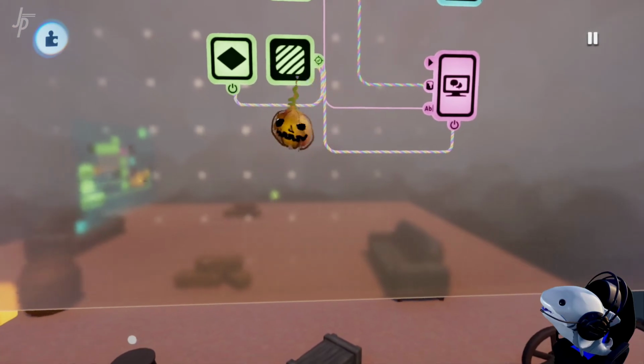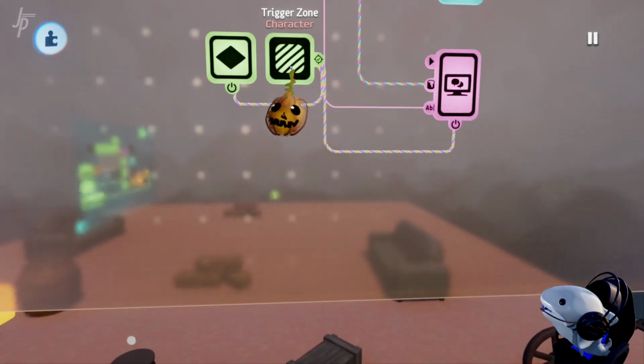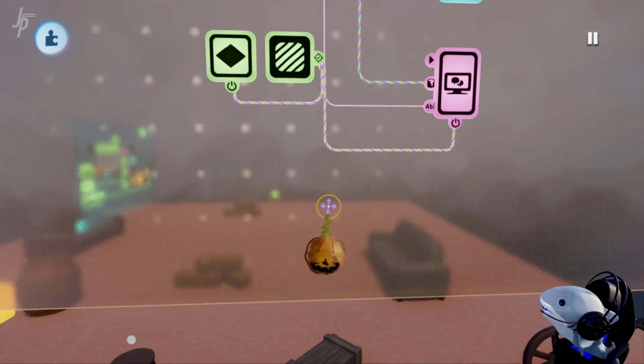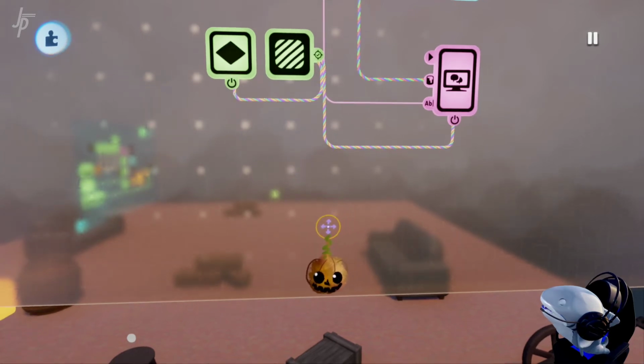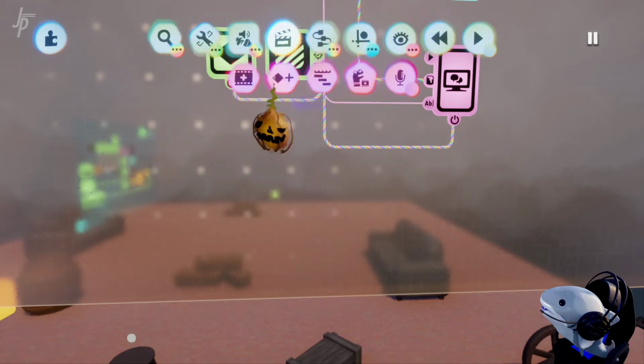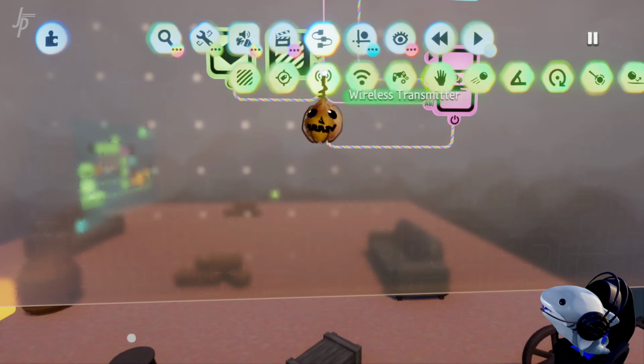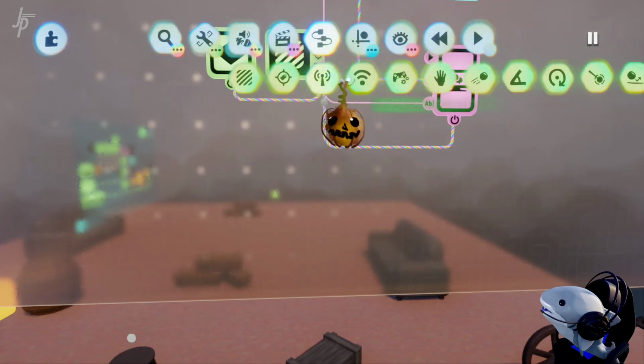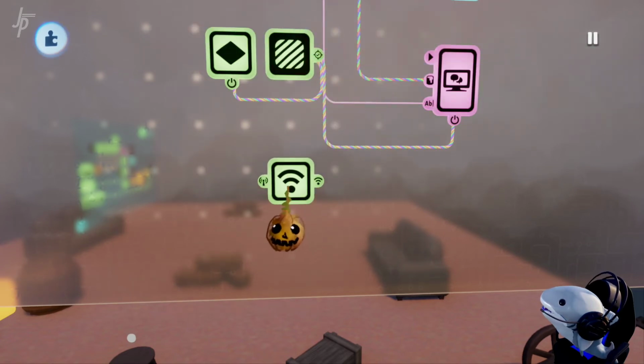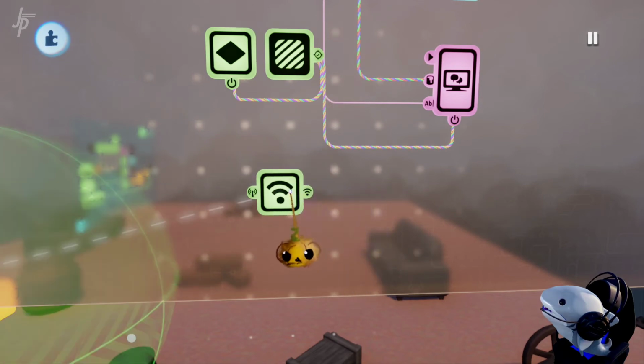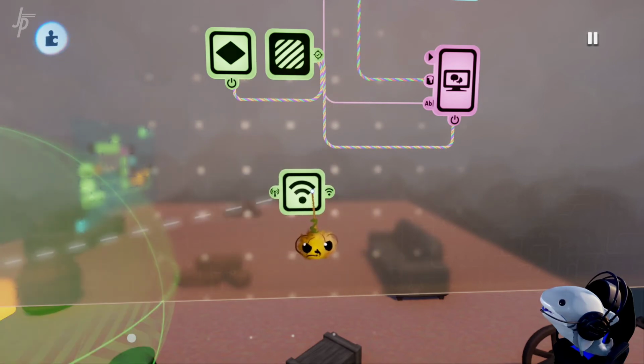And then this character trigger zone needs also to connect to something else, and that is eventually the button prompting that the character interacts with the object, right? So we're going to need an AND gate. First we're going to place the wireless transmitter, the wireless receiver. We place that in here. Place it a little bit so we have a little bit of room